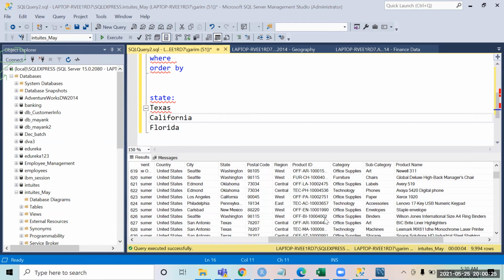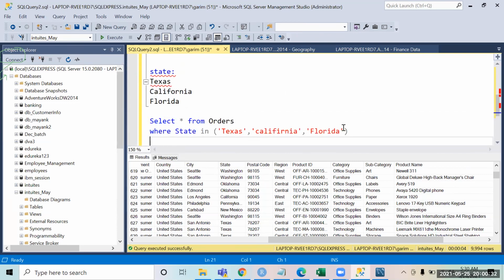So if you use the IN operator, that is what I basically wanted to show you. Now, those who know how we use the IN operator, that is what it is.